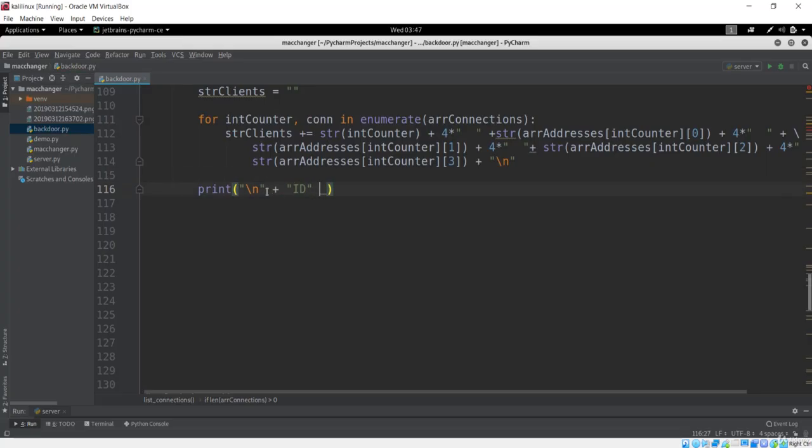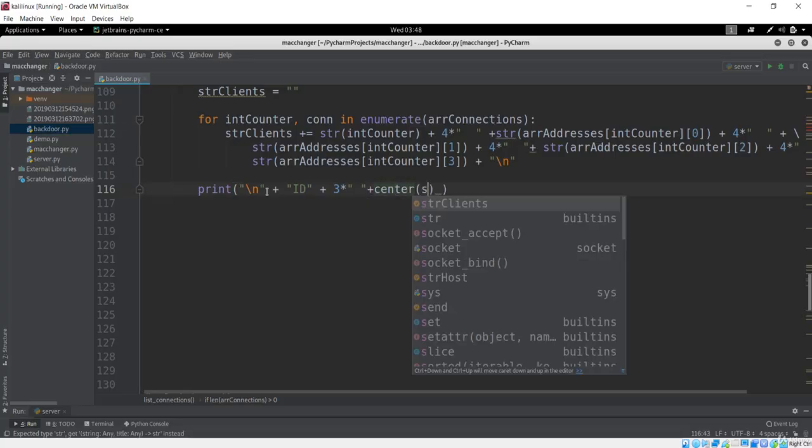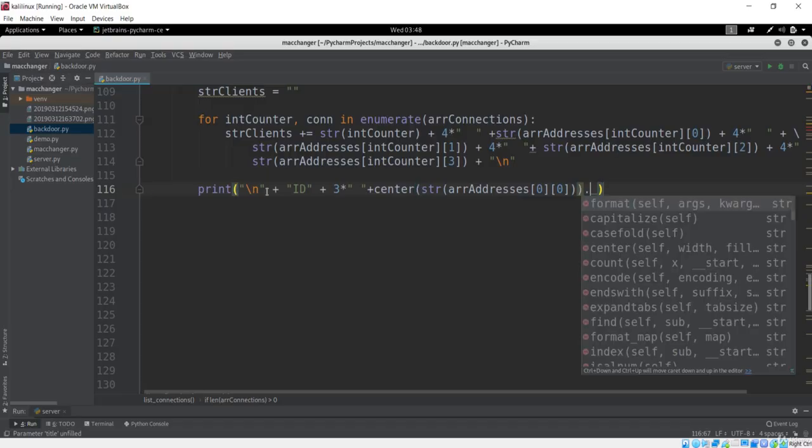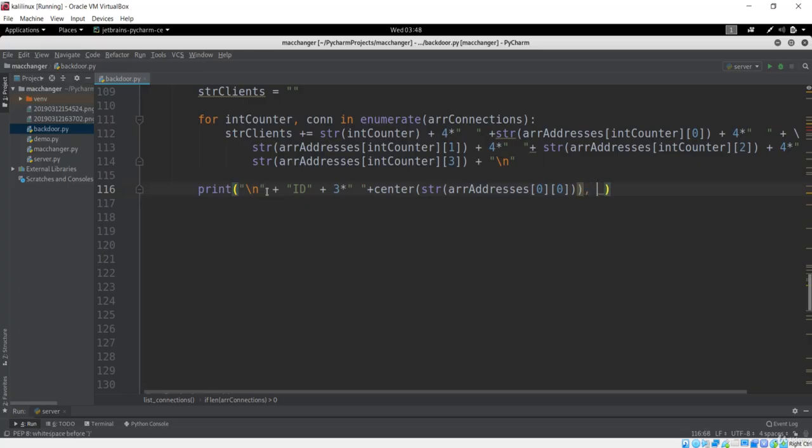And let's get some spaces again. So you know how to give the spaces, that is add your number with the spaces over here. And now let's call this center method to give the center alignment to this title. So title here will be array addresses and 0, and that is again 0. So that means this is your IP addresses. So let's go over here, and let's pass the information. Okay, it should be IP.